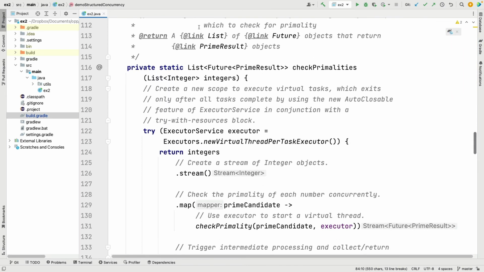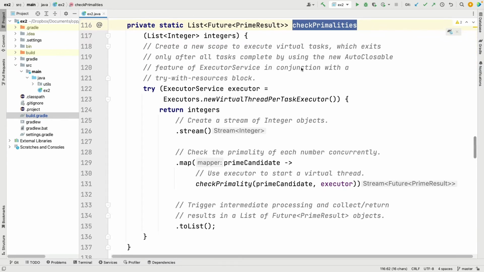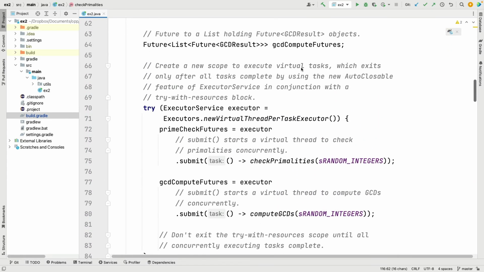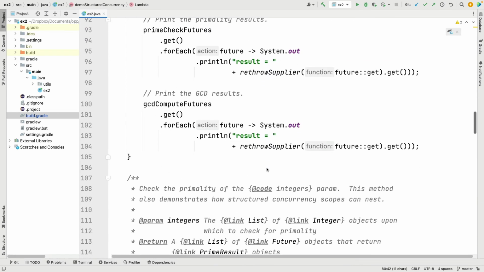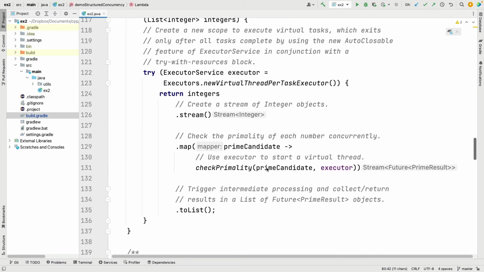Here is what check primalities does. And this also illustrates something cool. It shows that with Java structured concurrency, you can nest structured concurrency blocks. So you recall we had a block at the top over here, which is computing primalities and computing GCDs. And then within each of those methods, we have a nested block that does the same thing, but at a